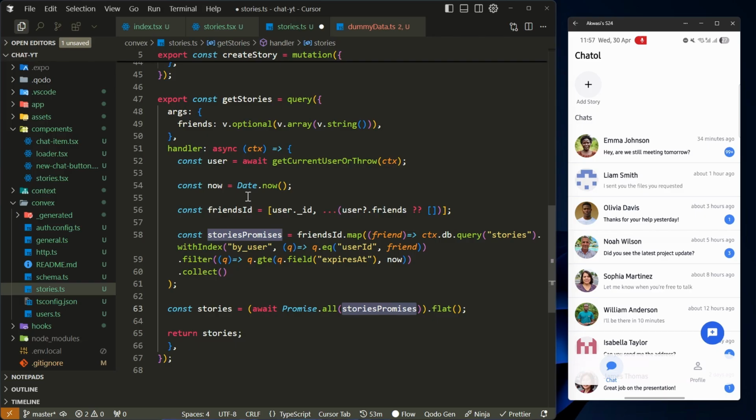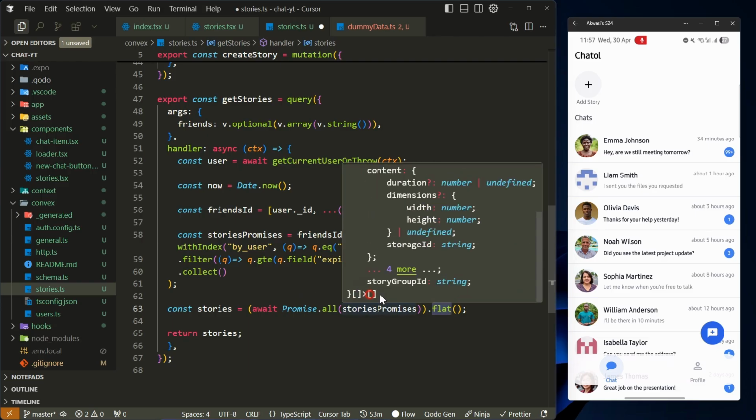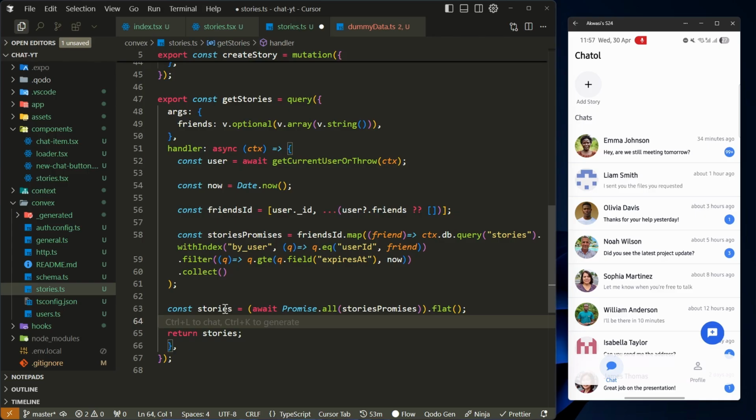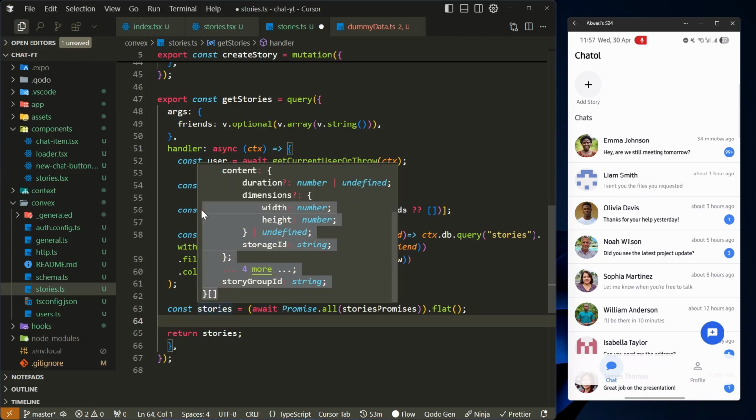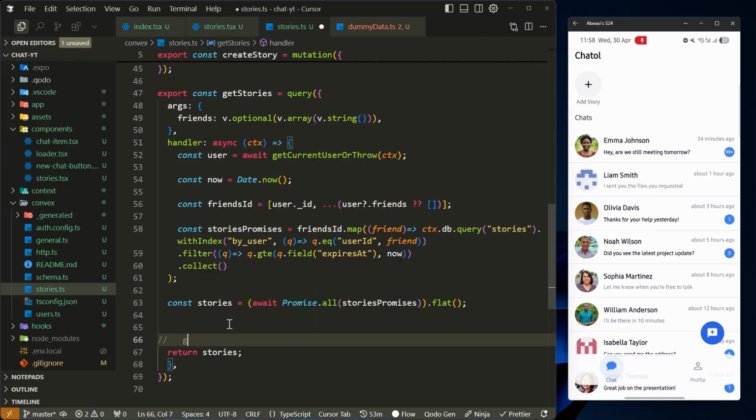So once we get the feedback, we can now flatten it, right? Because if you check, the response was kind of an array within an array. So we just want to flatten it. And now if you check this, you can see it's just an array, just simple, right? Okay, great. So now that we have the stories, let's also try to get the media